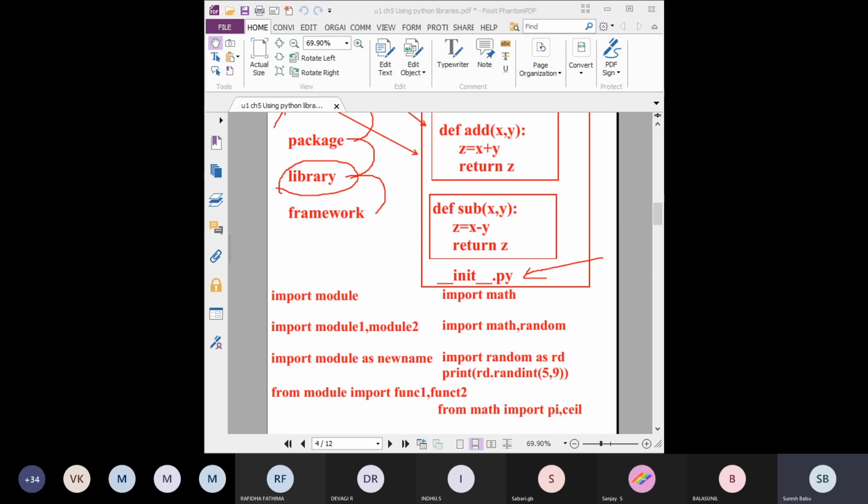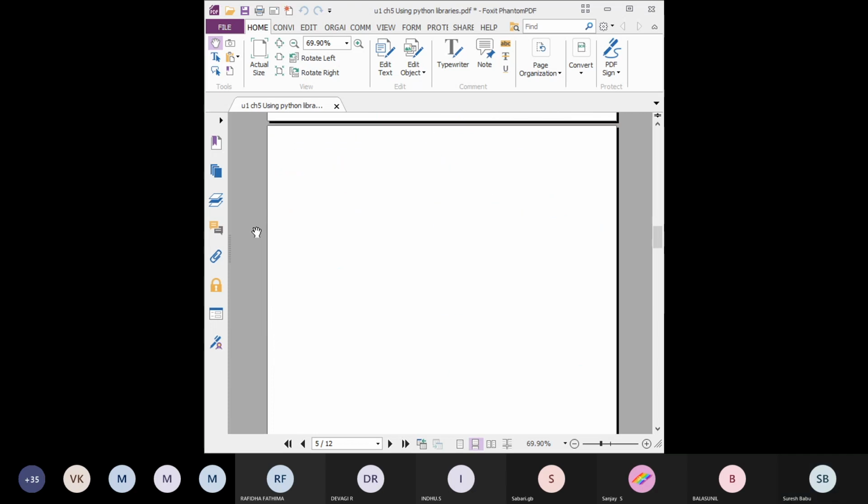So now in this library chapter, we are going to create our own module. Students, understood? Like a user defined function, we are going to create a user defined module. A module means inside the same program we can give multiple functions, and those functions can be imported to other programs. Okay, students, everyone ready? Yes, sir.